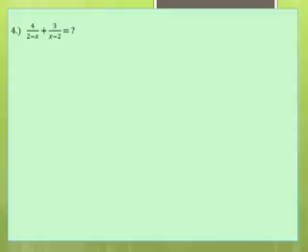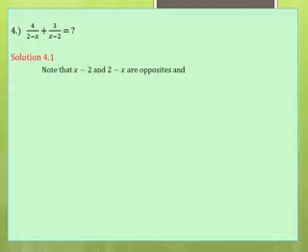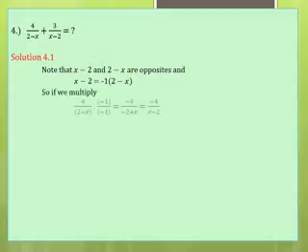Find the sum of 4 over 2 minus x and 3 over x minus 2. Note that in the denominators, x minus 2 and 2 minus x are opposites, and x minus 2 is equal to negative 1 times 2 minus x. So if we multiply 1 in the form of negative 1 over negative 1 to the first term, which is 4 over 2 minus x, it will become negative 4 over negative 2 plus x